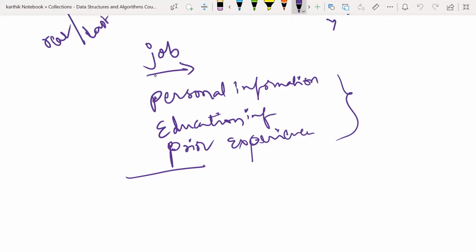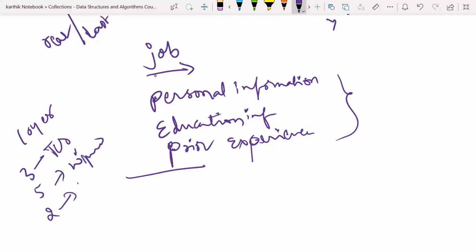Assume that you have 10 years of experience. 3 years you worked in one organization, like let us take TCS. And 5 years you worked in Wipro. And 2 years you worked in some Open Text. Okay. Now, whenever you are applying for a job at Accenture,